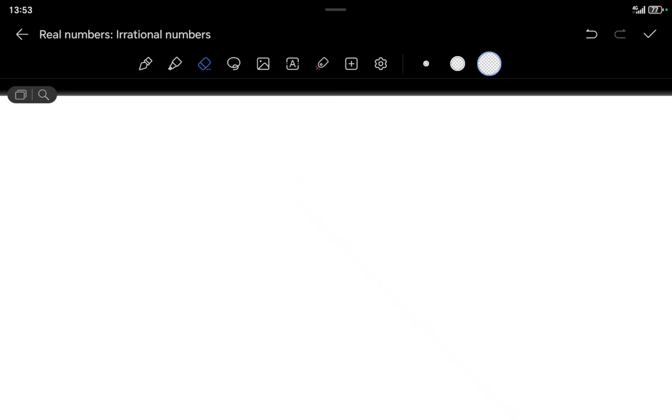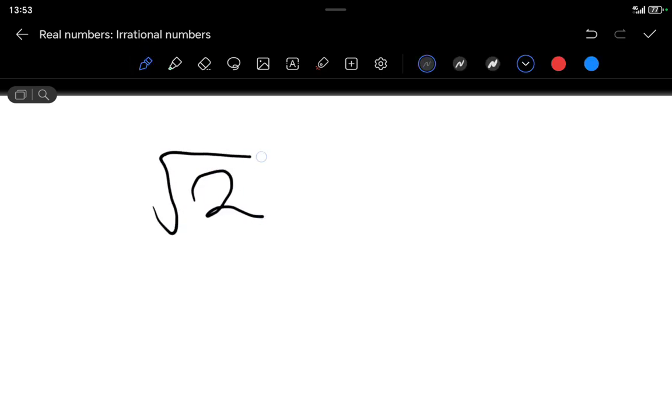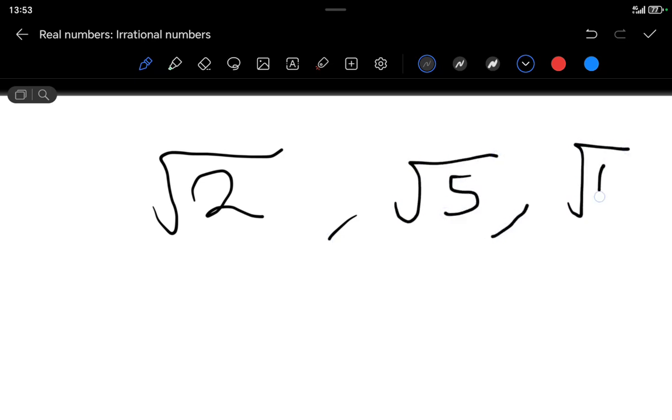Next, irrational numbers are not repeating, like I just said, and they're not recurring decimals. Square roots of numbers that are not perfect squares are irrational. Example: the square root of 2, the square root of 5, and the square root of 6. They are irrational numbers, because if you take your calculator and look at just the square root of 2,